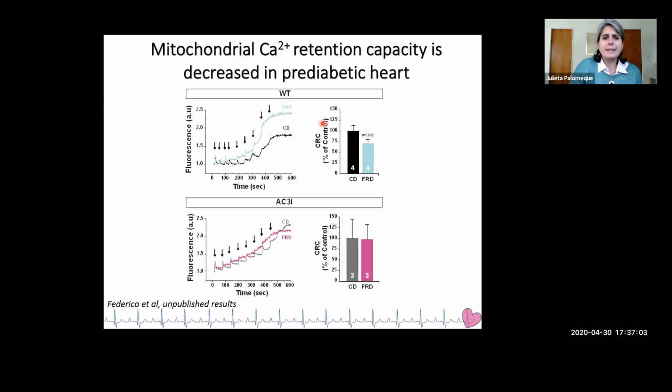So the closer relationship between sarcoplasmic reticulum and mitochondria could favor the traffic of calcium from the sarcoplasmic reticulum to the mitochondria and overload